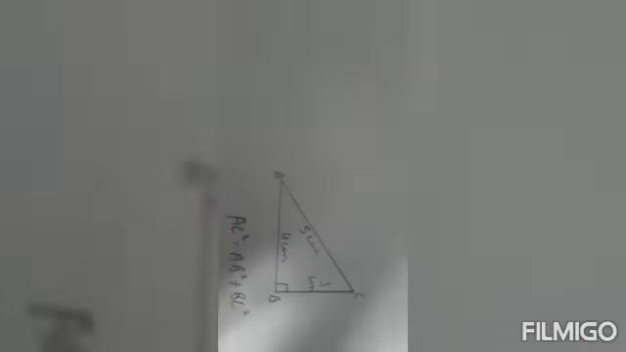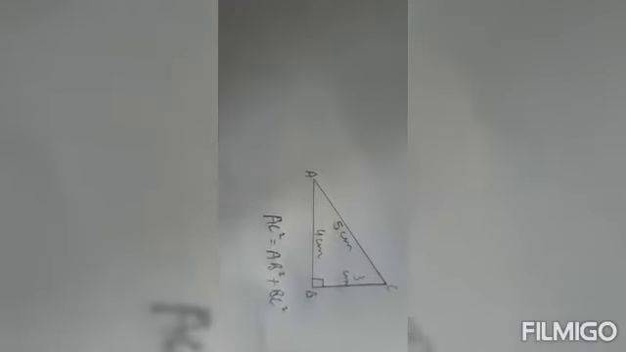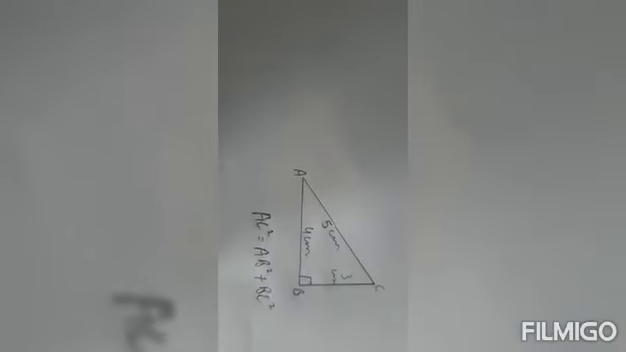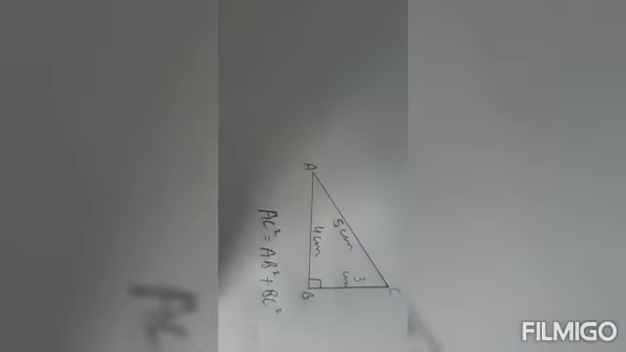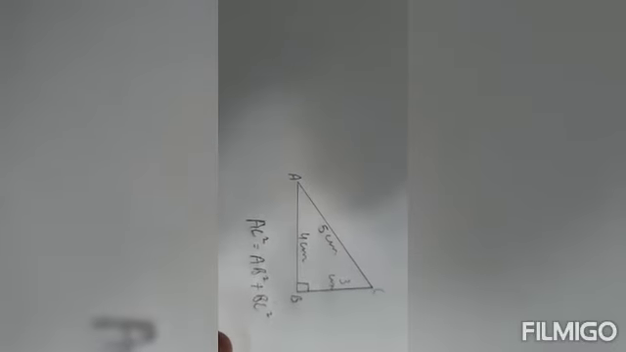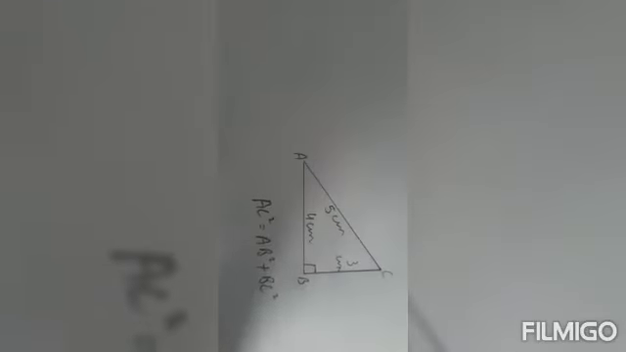BC is equal to 3 centimeters, AB is equal to 4 centimeters, AC is equal to 5 centimeters. So according to Pythagoras theorem, the statement says that the square of the hypotenuse. So here the hypotenuse is the longest side. The longest side is AC. So AC square is equal to the sum of the squares of the other two sides, which is AC square is equal to AB square plus